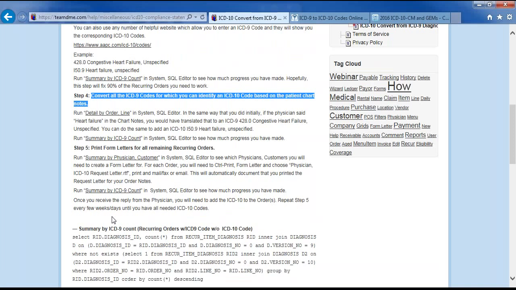Well, in the same way, you could choose the ICD-10 code if it's in the chart notes to support that. But if it's not in the chart notes to support that, then you have no choice but to go back to the doctor. And the way to do that